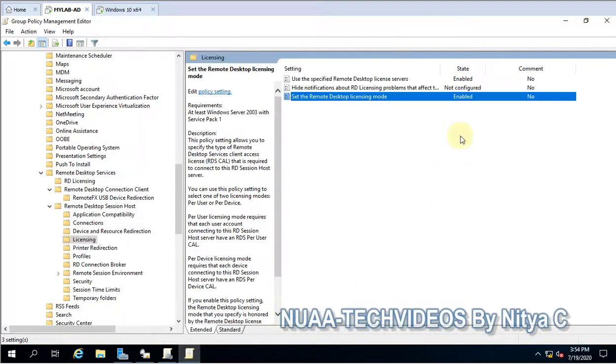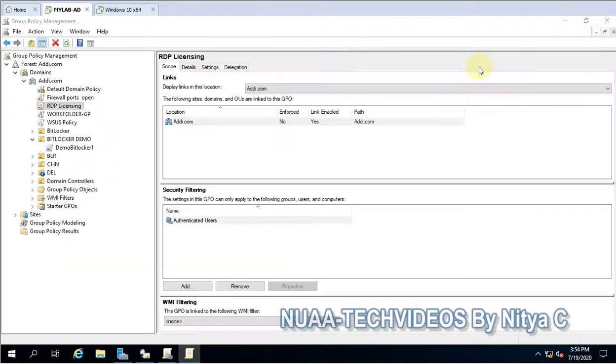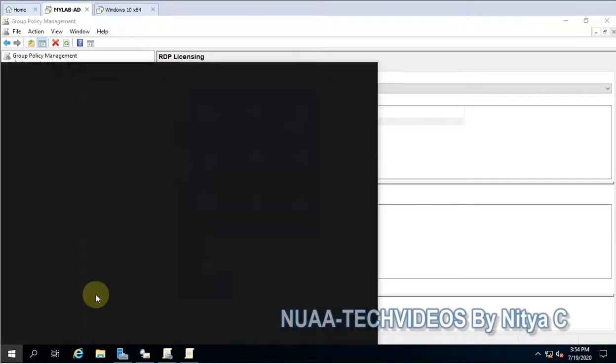until then it will start issuing the license for RDP servers. So this is just done, and now we have to update the group policy.